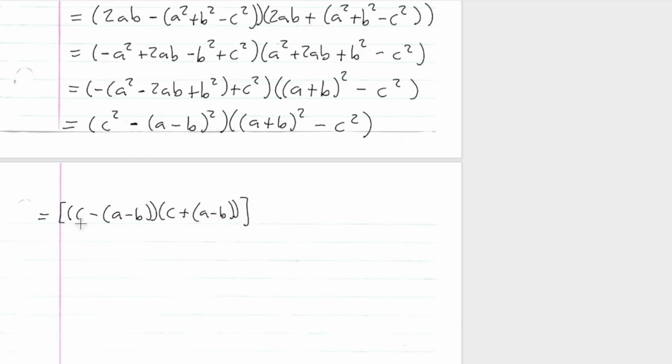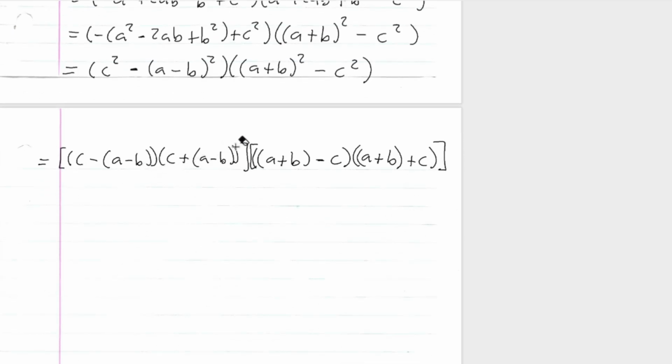So that's this first difference of squares. And then the next one is going to be a plus b. Let me put another parenthesis right there. Minus c. And then a plus b, another parenthesis, plus c. All right. Let me make this a little bit more nice. Okay, so here, and then there's my parenthesis. All right. So now this is equal to,